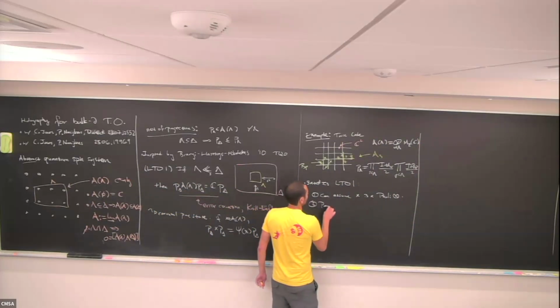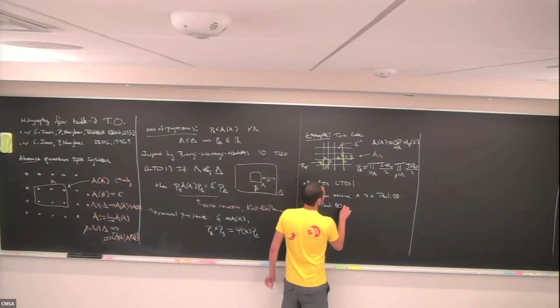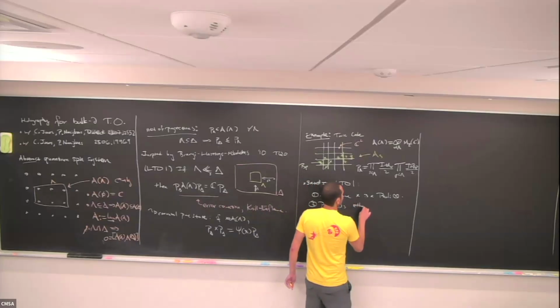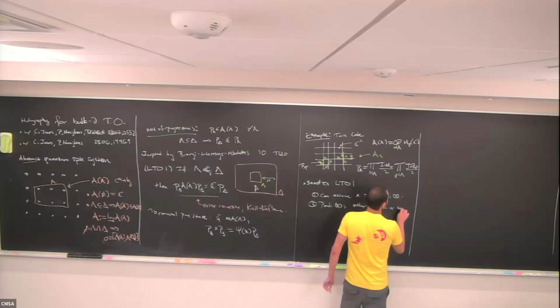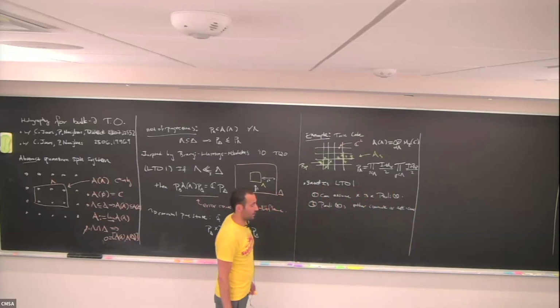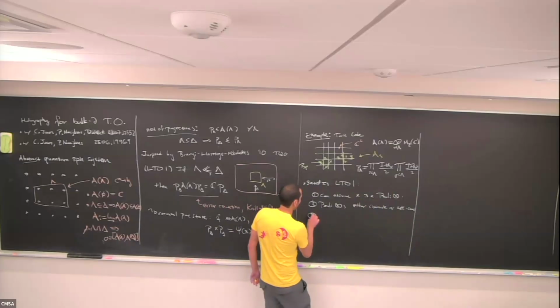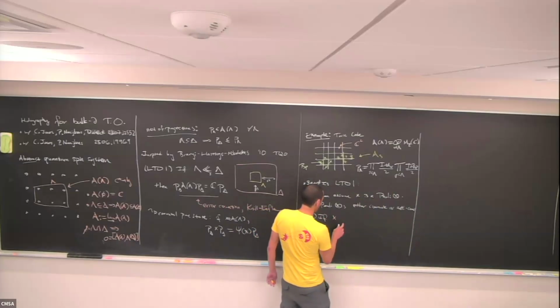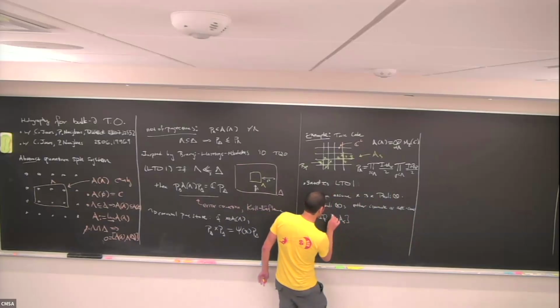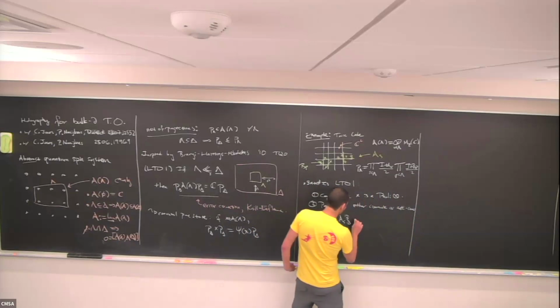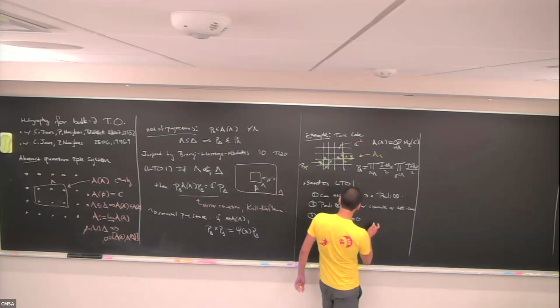Two, polytensors either commute or anti-commute. All right, that's just a fact. Great. Three, if x anti-commutes, say, if x anti-commutes